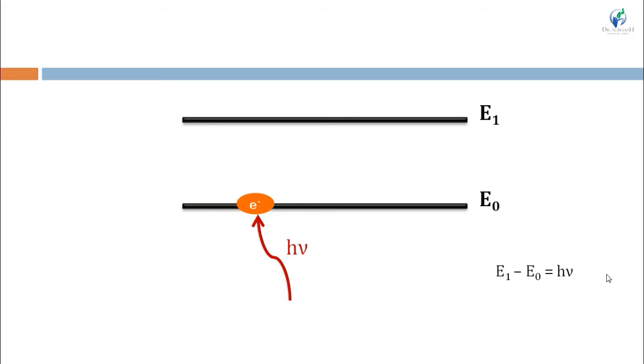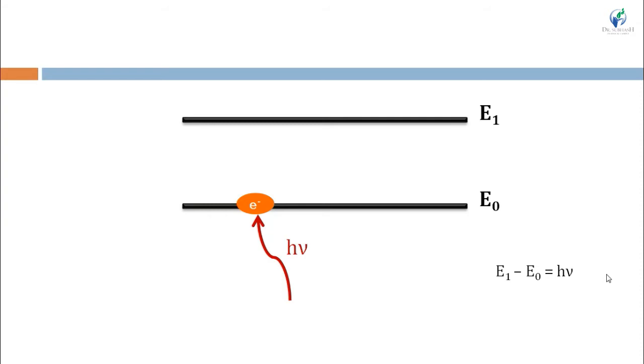Now, when any electron gains energy, it has more energy than that particular orbital allows. Here we are talking about this specific electron, which is in the E0 orbital, right? Because it has the sufficient energy to be in this E0 orbital. Now, when it gets more energy, it cannot stay in E0, so it will be excited, right? And now it gains a specific energy, h into mu. Then only can it go to the E1 orbital.